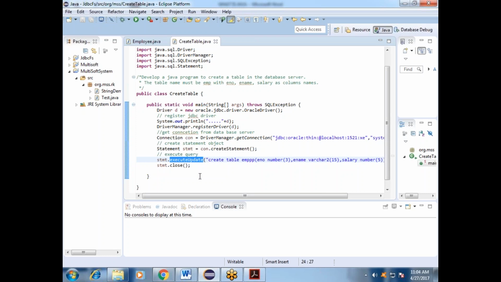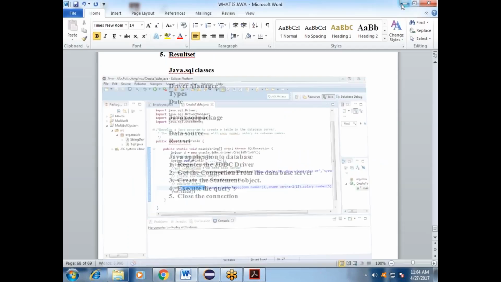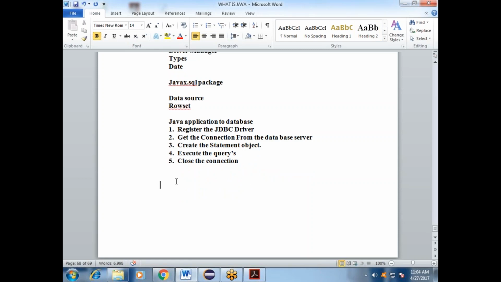JDBC queries are classified into two types. You can write: JDBC query classified into two types.